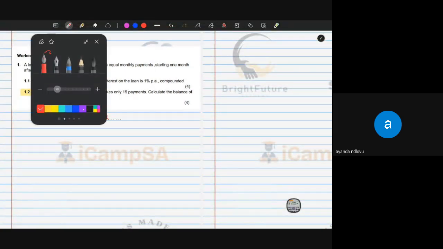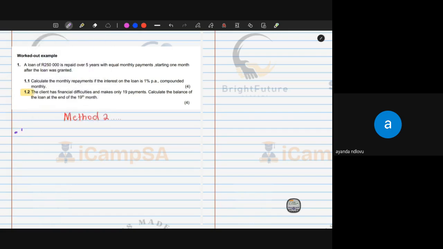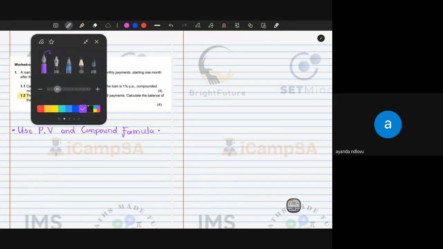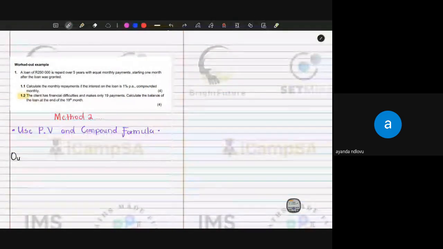And with method 2, what do we use? We will use the PV present value formula. Use the present value and the compound interest formula. Compound formula. These are the two that we will use for method 2. And the formula goes as follows, guys. The formula is our outstanding balance